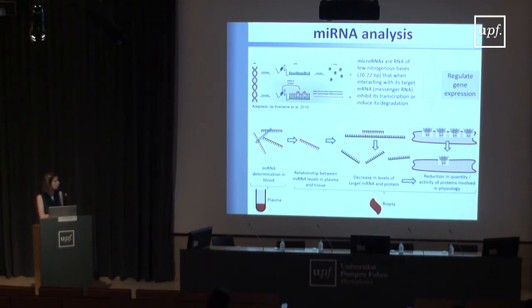Well, this is some work that we have started, this microRNA analysis. Our idea is that we can establish a relationship between microRNA levels in the plasma and in the tissue in order to have some idea of how potentially circulating plasma markers could be indicative of alterations occurring at the level of the ventricle. Of course, this only occurs for very specific markers, but we are working towards understanding that.